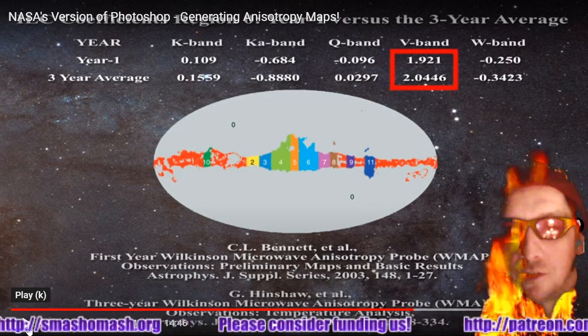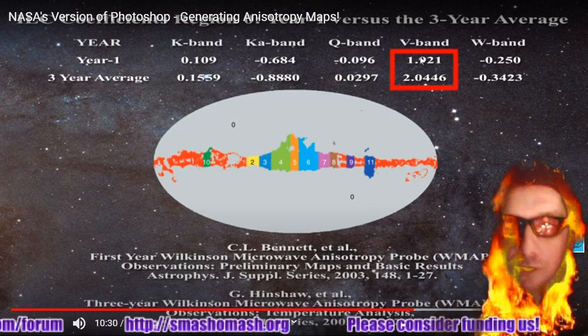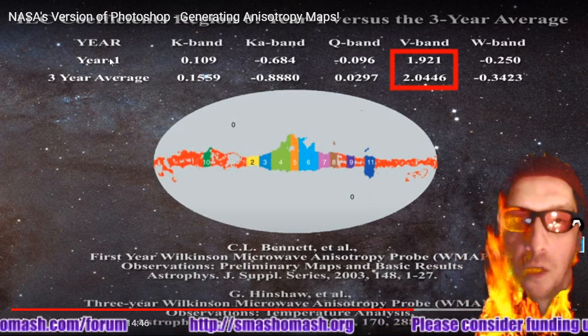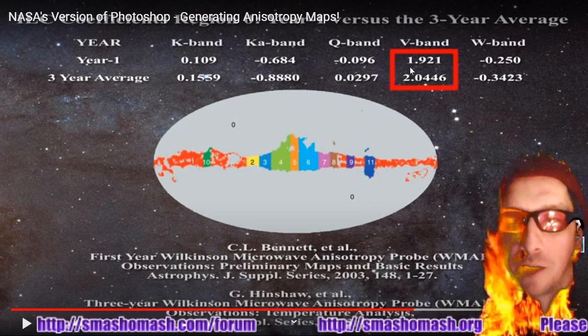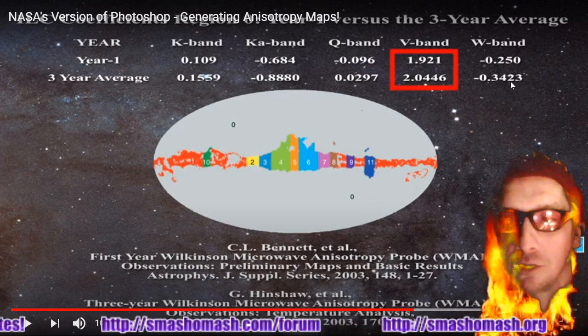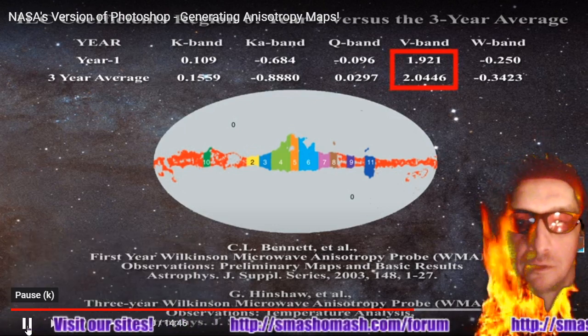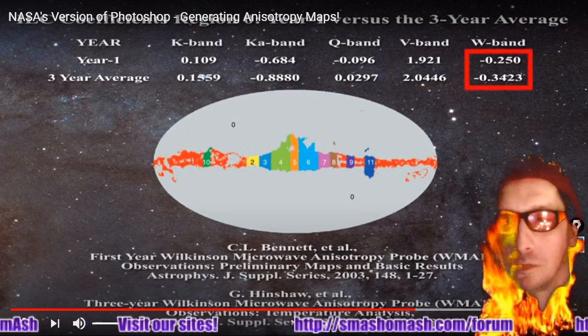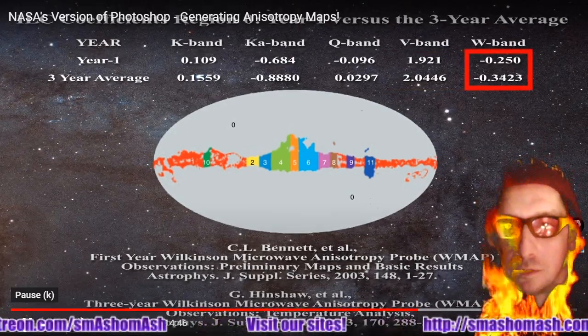2.0446, a change. This is the correction in the measurements that they took on year 1 versus the 3-year average. And you can see the correction on these bands, the ratios of these is completely insane. Change of 6%. Finally, we come to W band. The value changes from minus 0.250 in year 1